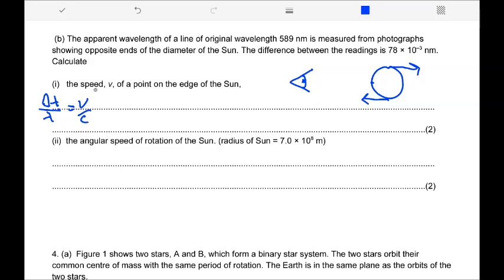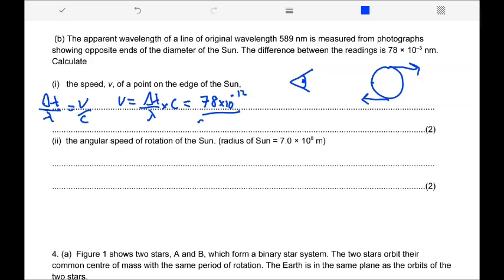So when you rearrange this equation to get your speed, you're going to have V equals delta lambda over lambda times C. But delta lambda this time is half of the value they've given us in the question. So we'd write this like 78 times 10 to the minus 12